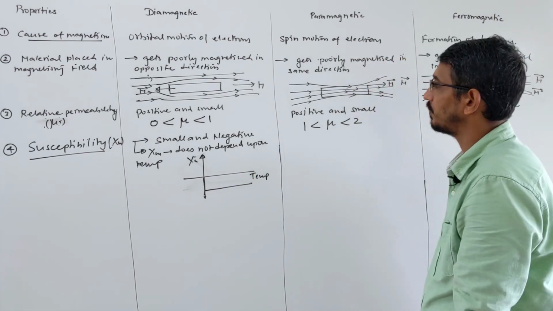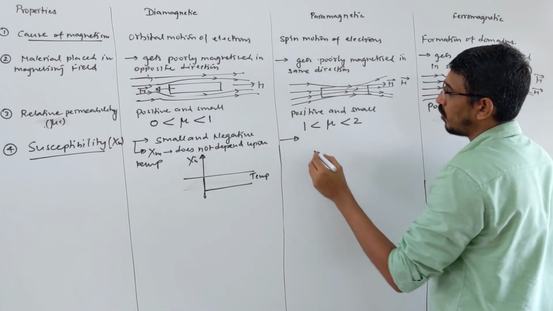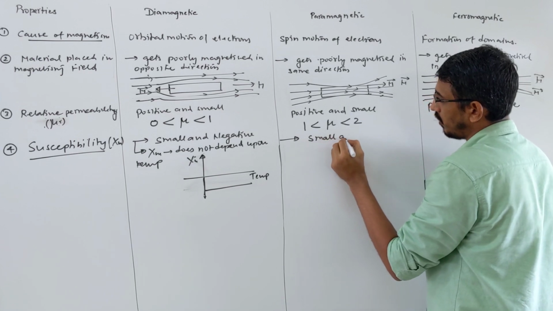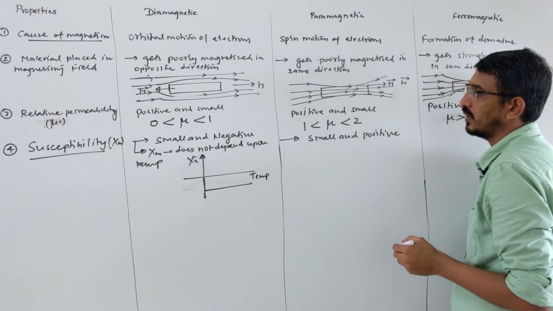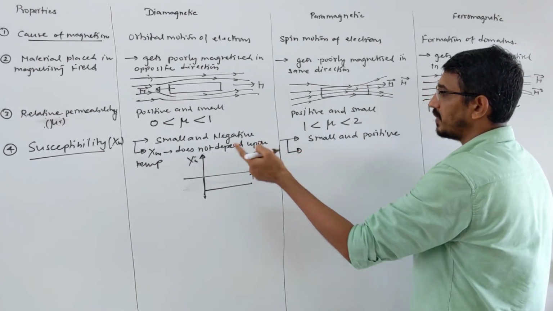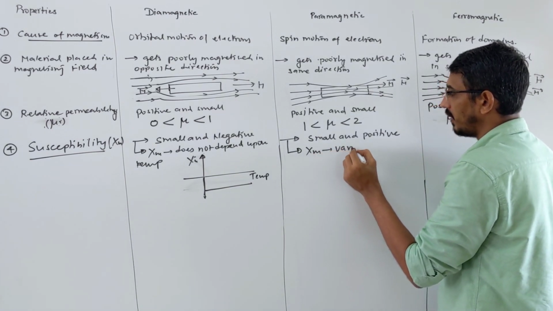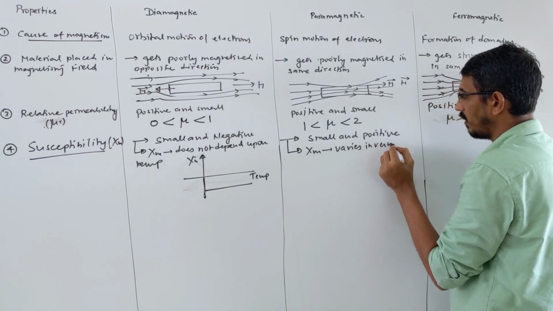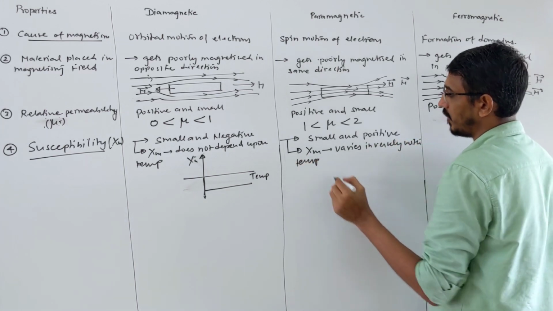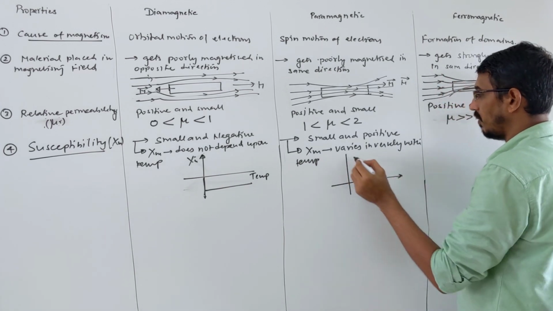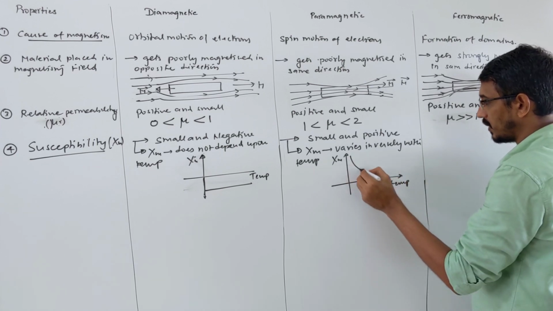Okay. Yes. So what is this then? Susceptibility for paramagnetic is small and positive. Correct. Yes. And this depends on temperature. It varies inversely with temperature. Susceptibility varies inversely with temperature. Yeah, this depends on temperature. If you want to draw a graph between susceptibility versus temperature, then you will get an inverse curve.